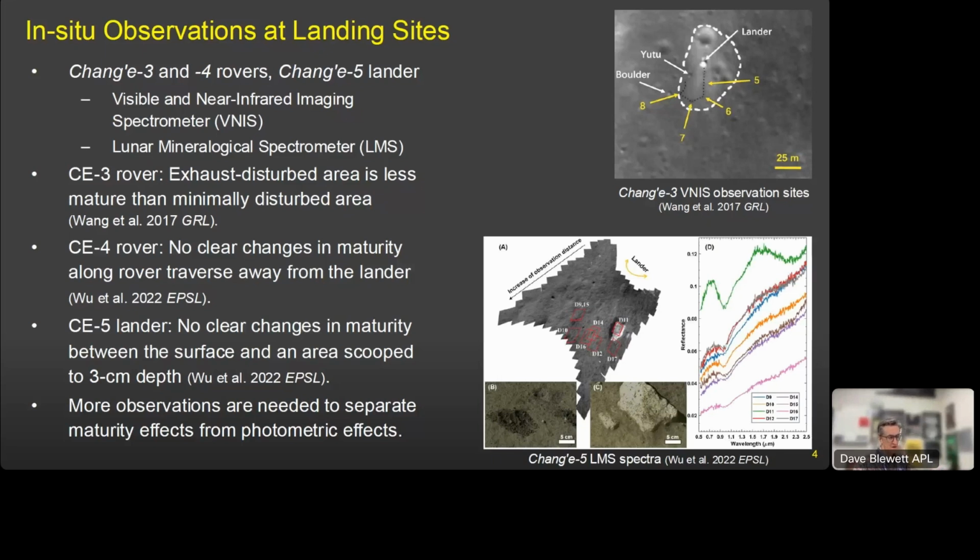Now, Chang'e 5, that was a sample return lander, so it was static, and it had this sort of working zone down at the foot where it collected the samples. You can kind of see that work zone there in the figure on the bottom right. They didn't see any clear maturity differences between areas of the surface, which of course had been affected by the lander exhaust, and an area that they scooped to a couple centimeters depth. So there are interesting observations here, but we need more observations to help separate maturity effects from photometric effects. And so I think a good way to do this, if we go to the next slide,